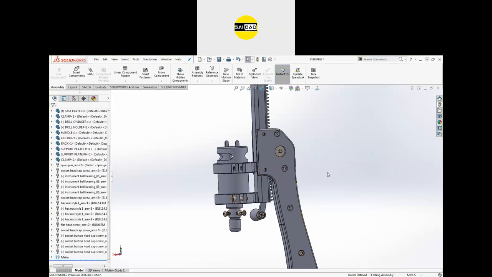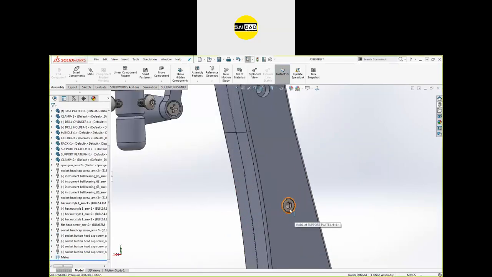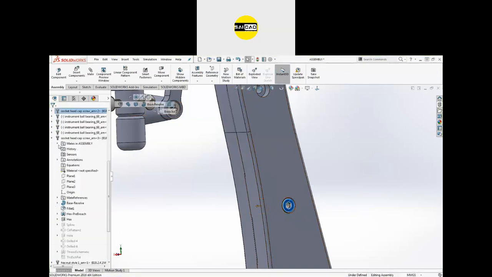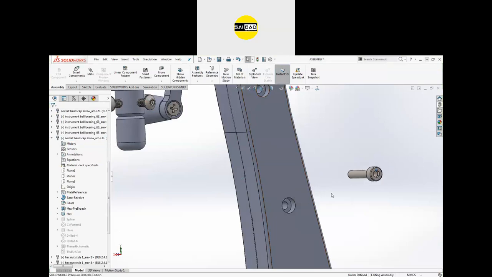So delete that. Now, after you have imported the component, you have to apply some relations here. So first of all, select the object. We have this object here, so I'm going to use it. I'm going to delete this relation. This one is the object. We have some relations in the assembly: the concentric, the coincident, and the concentric again. I'm going to delete all three relations. Now you can see this object is movable now.